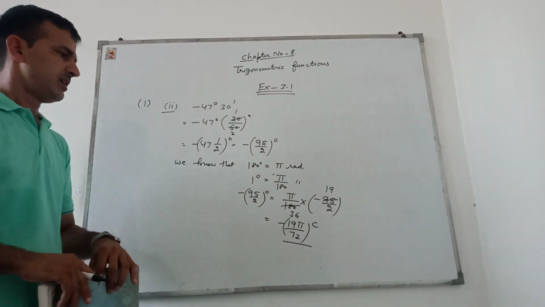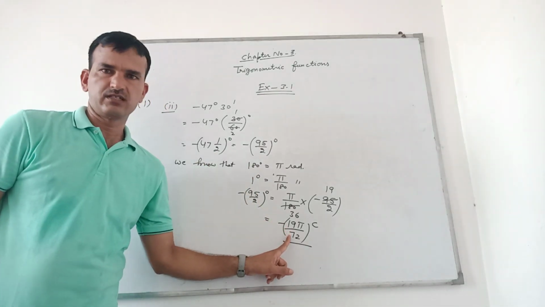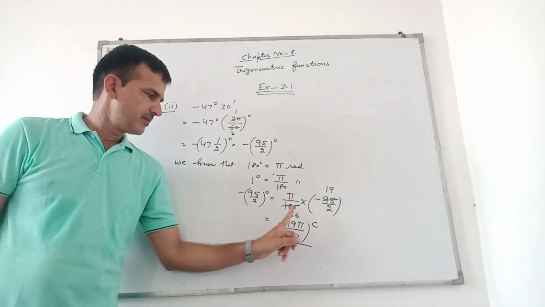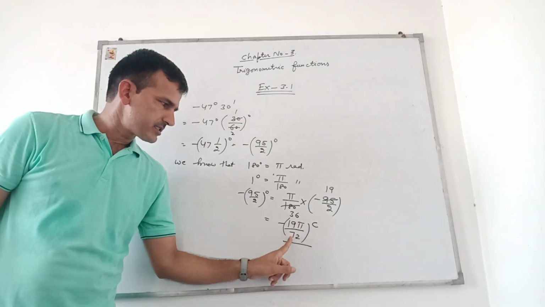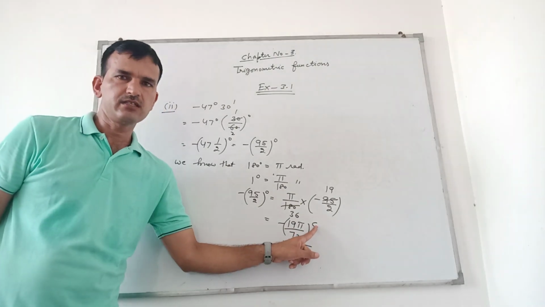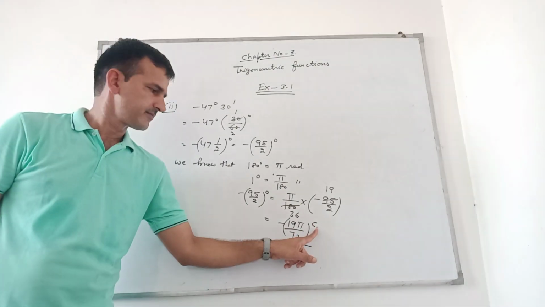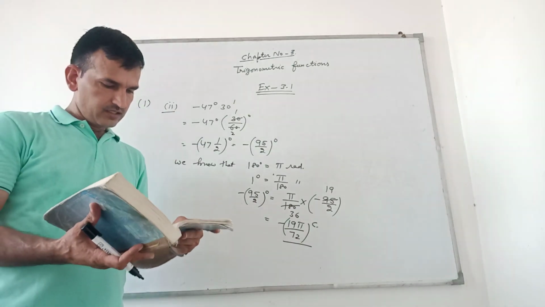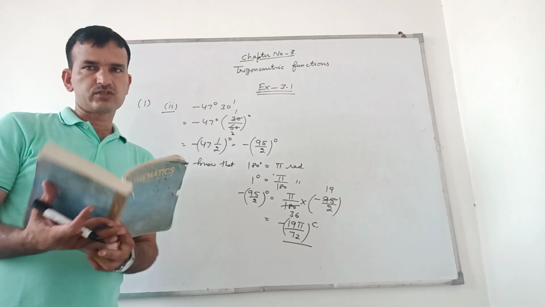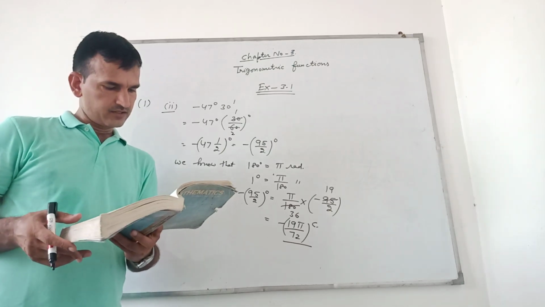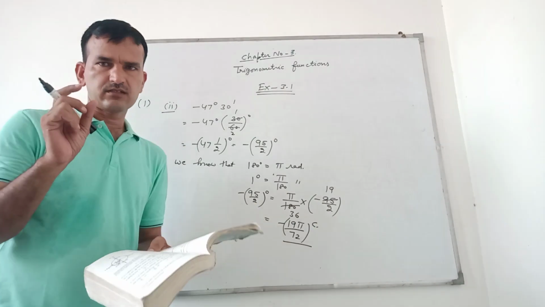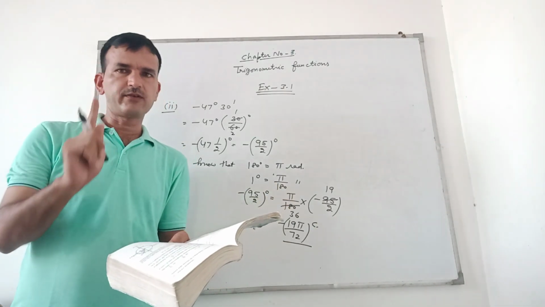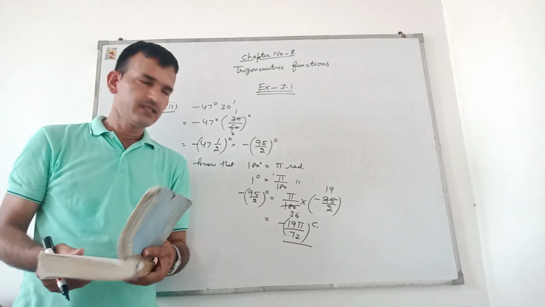This is the answer of this question. बेटा डिग्री में था, हमने इसको रेडियन में चेंज किया, माइनस 19 पाई बाय 72 रेडियन. दिस इज रिप्रेजेंट रेडियन. ओके, नाउ वी डिस्कस सेकंड क्वेश्चन. Now you solve first 3 questions easily. First 3 parts, first part, third part and fifth part of first question you can solve easily.